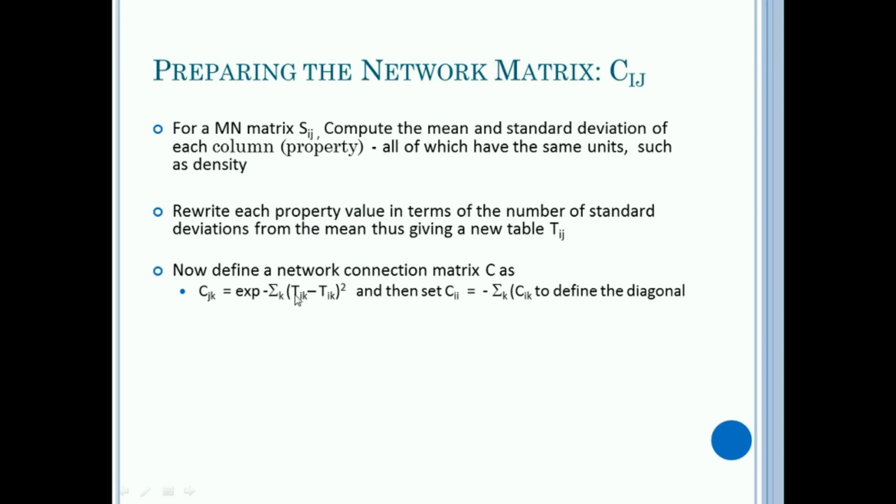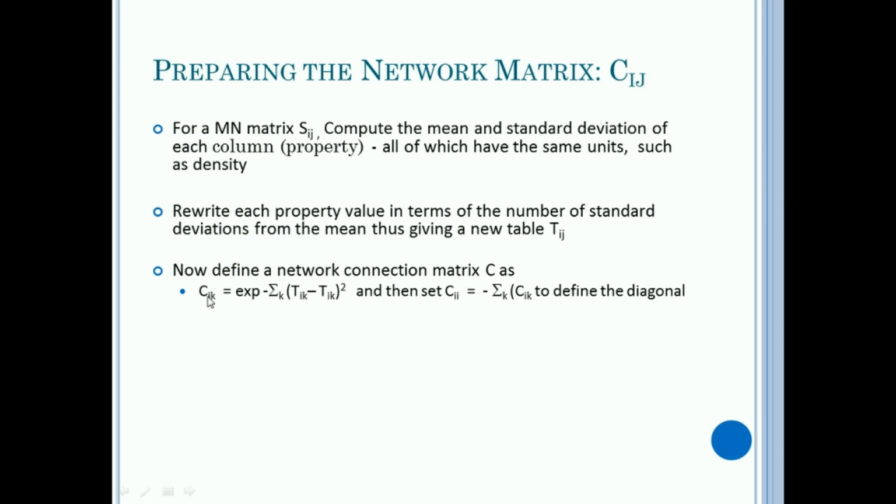Well, in this equation, we've taken two rows, Tik and Tjk. It doesn't look like that, but it is. And we've summed that over k. So we're looking at the difference for each column between the ith row and the jth row. And we sum the square of that over all of the different columns, take its negative and exponentiate it.